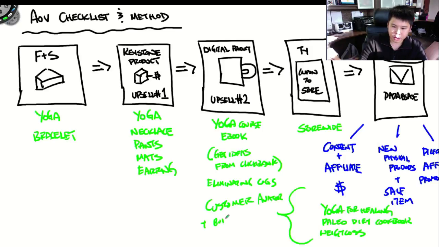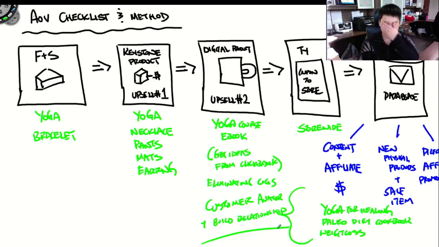and build a relationship with these people, right? Because now you have the entire thing all about yoga. You're sending out content all about yoga. It's easier for you now to build a relationship with them because you have content, not just selling a physical product. You are bringing them from a physical product and slowly building a relationship, because you know a lot about them, about yoga.